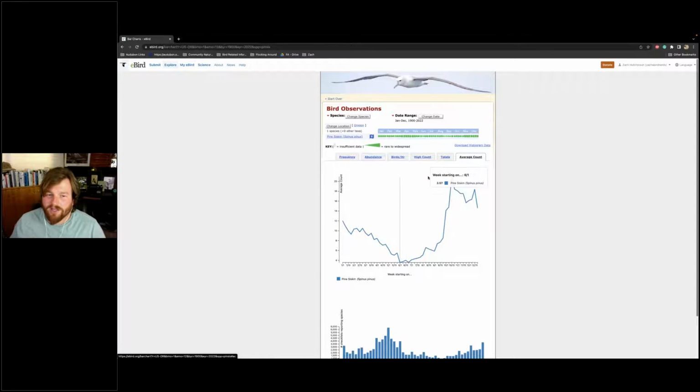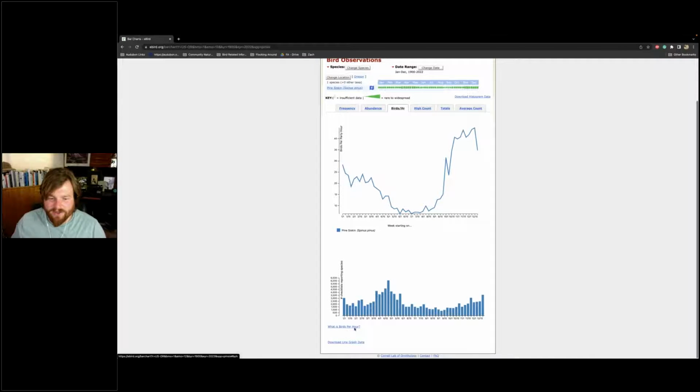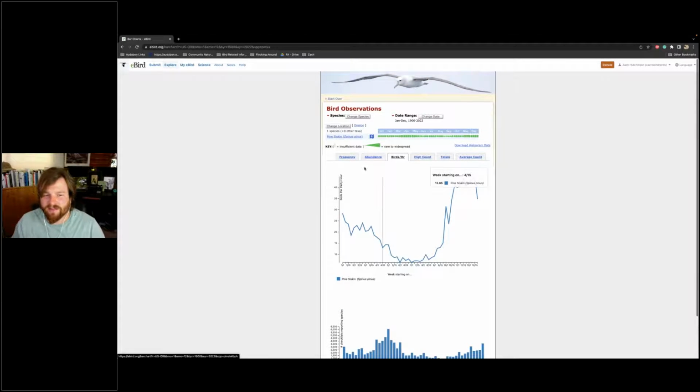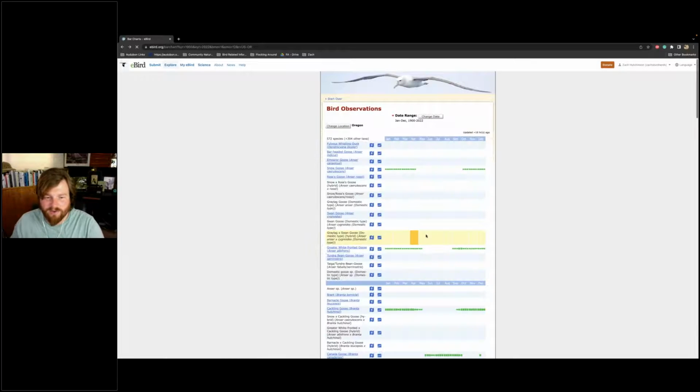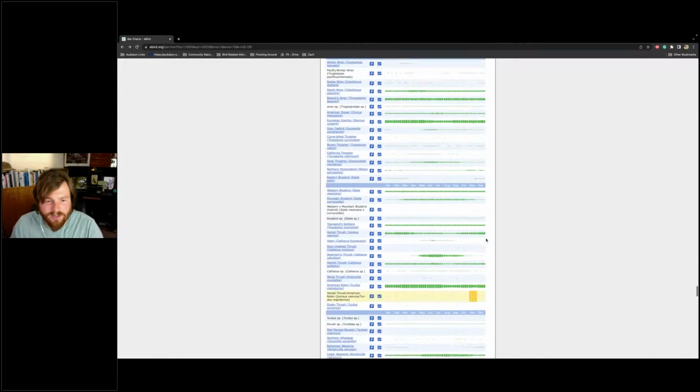So this is a useful tool you can use to find out what birds are doing in your area and when. You can go across, and if you want to learn what each of these terms mean, you can click on this and it'll open a tab and explain the definition of what frequency is versus abundance, etc. And you can do it for a variety of birds. So if you want to say, let's do